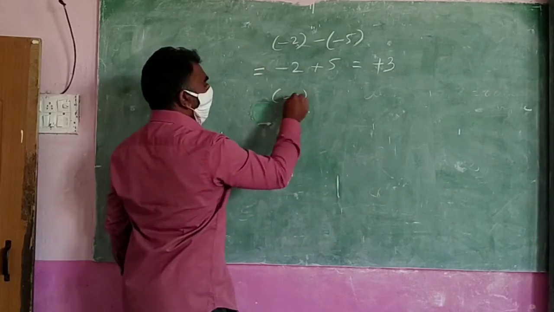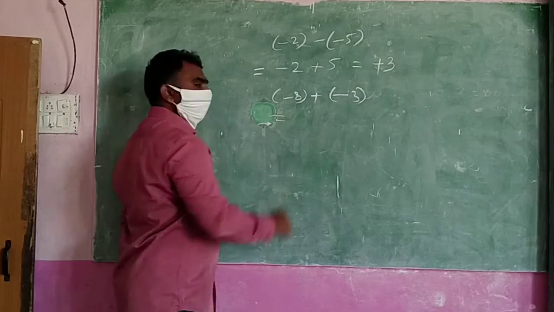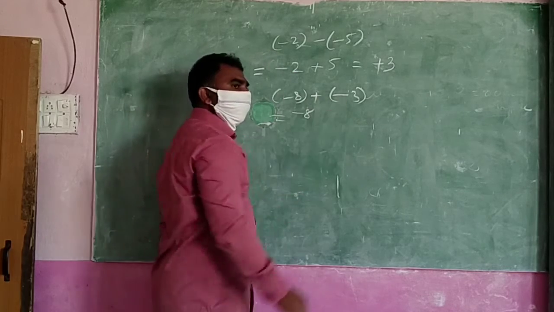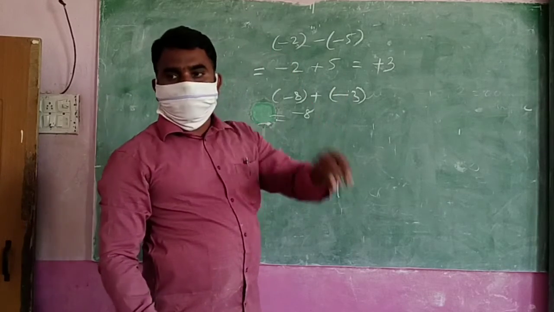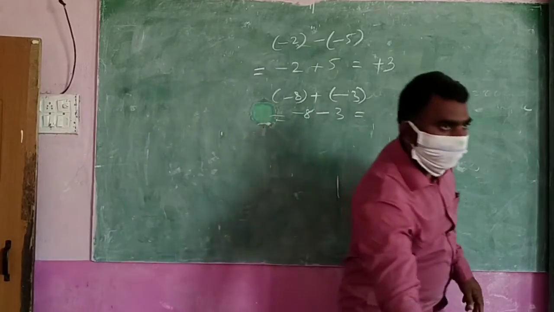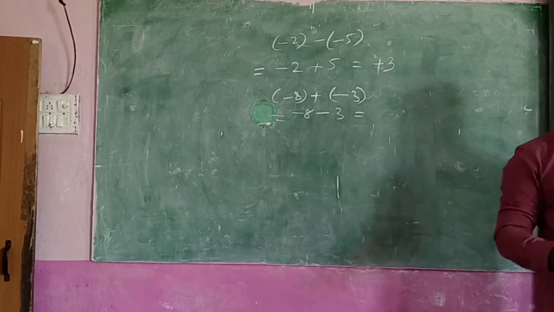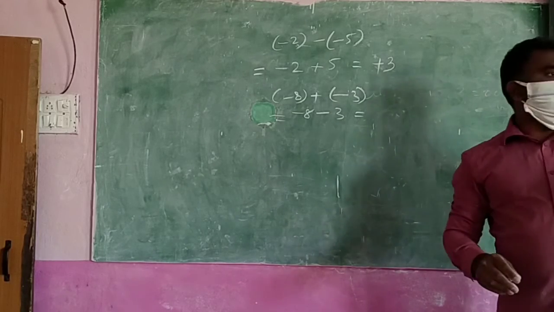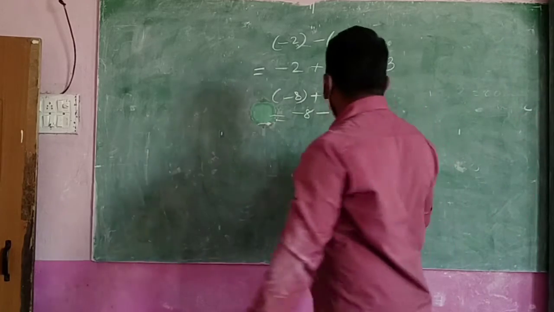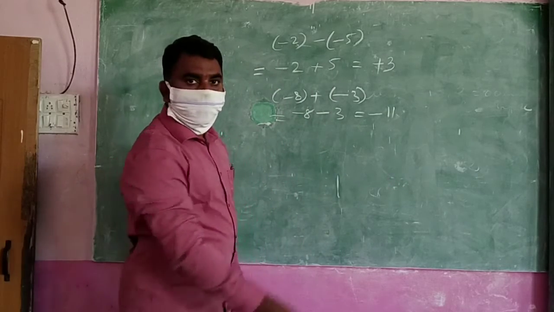Okay. Next, one more question. So -8 plus -3. -8, only one symbol. Here two symbols are there. Plus to minus will become minus. And 3. Here what is happening? Down means what I said to you? Total is how much? 11. Where we are? Down. We are down only. That's what is the question. Answer. Okay.